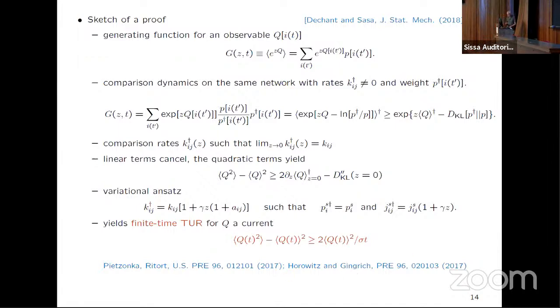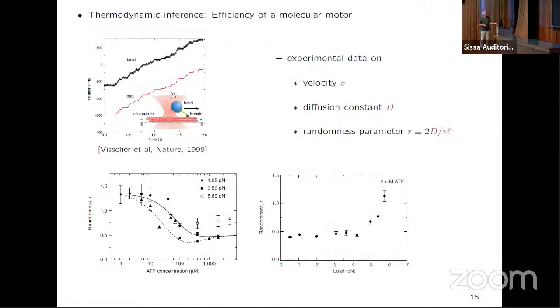Okay, so now we have this, what can we do with it? Let me show you one example, on molecular motors, which I find particularly revealing about the power of this relation. We're using data from 20 years ago from Block's group, where they were looking at the motion of a kinesin molecule against a specified force, which was realized by this kind of feedback laser trap. They were measuring the velocity, which corresponds to the mean current, and the dispersion of this velocity, which I'll call the diffusion constant, corresponding to this current.